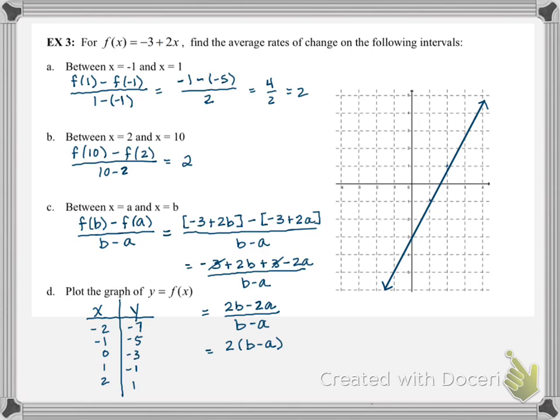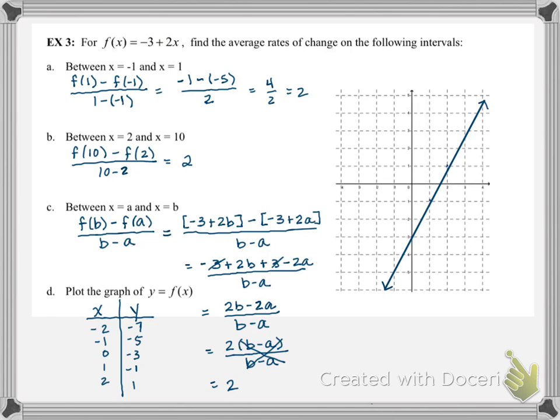Right, if you were to distribute that 2, you would get your 2b minus 2a over b minus a. But these are the same, so we can cancel them. And we get 2. Which means that no matter what two x values I use, I will always get an average rate of change of 2. And that's a property of what we call linear functions, which are functions that create a straight line. Because no matter what 2 points I pick on that straight line, the straight line through them is going to